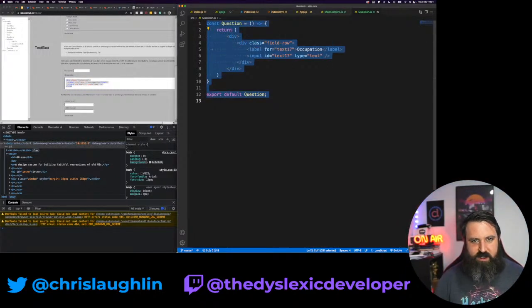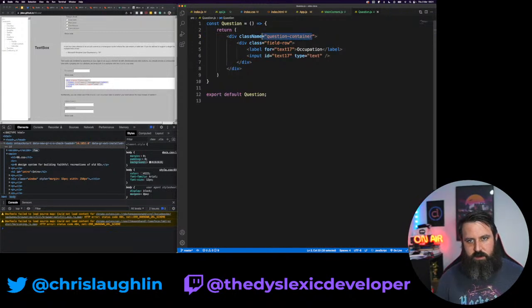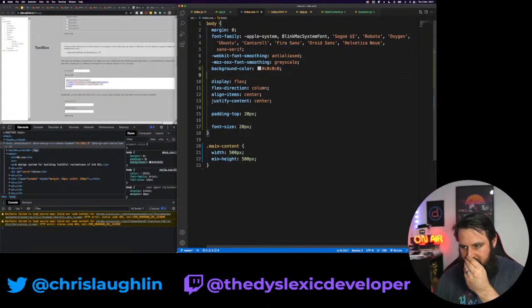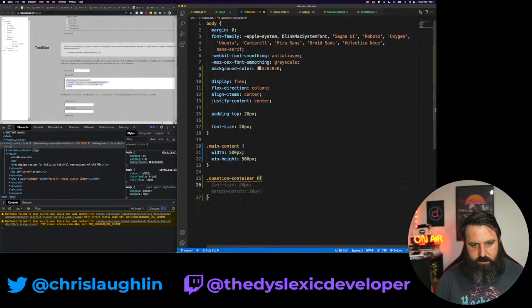We're going to have to do some styling at some point here. So we'll just call this className question container, and we'll go to our index CSS, add this in. We don't need the p.